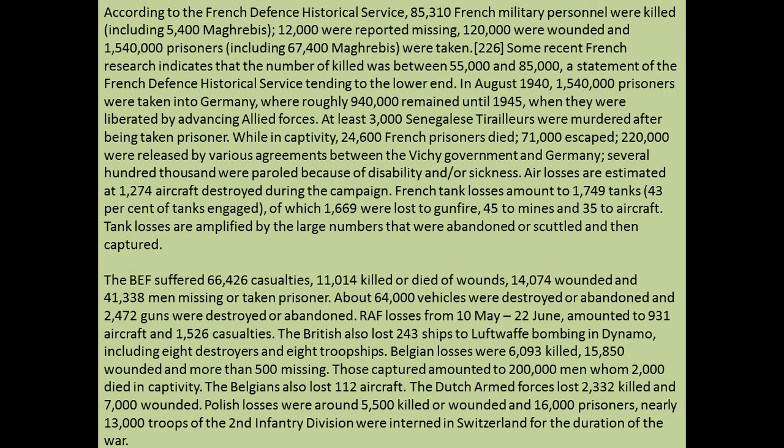Some recent French research indicates that the number of killed was between 55,000 and 85,000, which they've explained earlier, with a statement of the French Defense Historical Service tending to the lower end. In August 1940, 1,540,000 prisoners were taken into Germany, where roughly 940,000 remained until 1945 in Stalag camps, when they were liberated